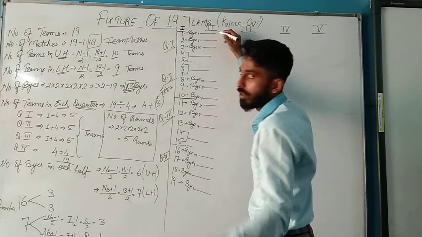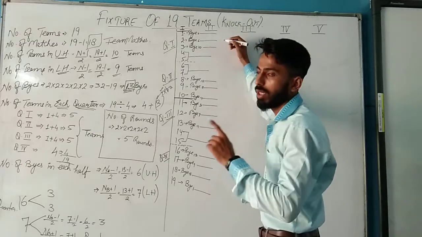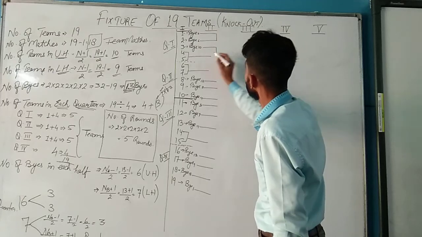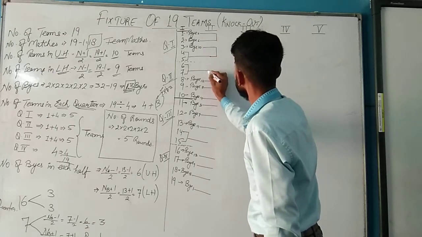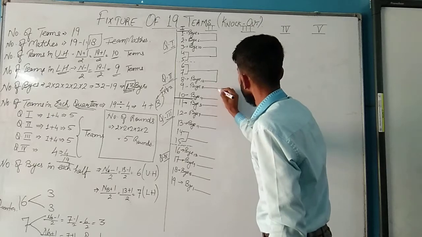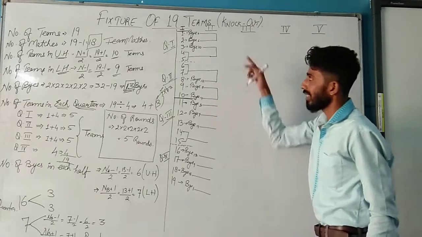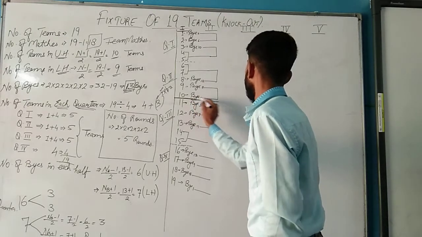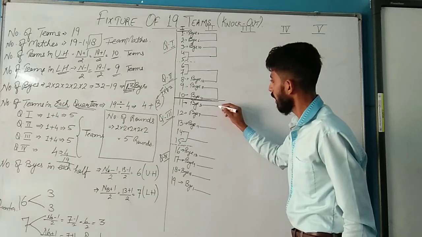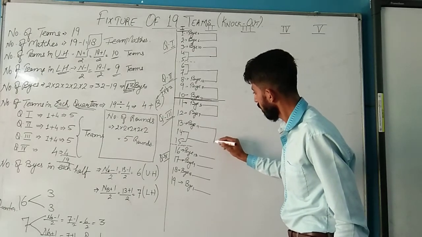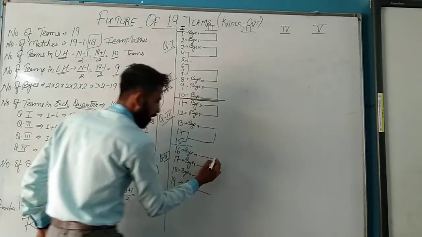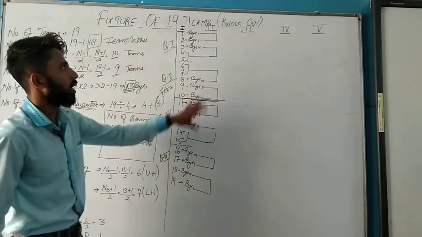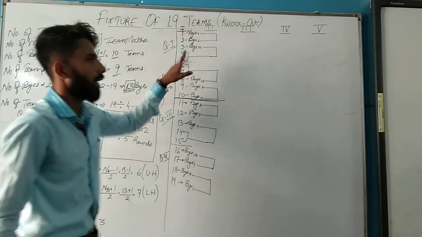So next, in the second round, start from the top, don't go from the bottom. You will be correct. 1, 2, 3 and 4. These will battle in the second round. Next another one, the half is over. Now move to the next, these two teams, these two and these two. So these are the quarters for the second round.